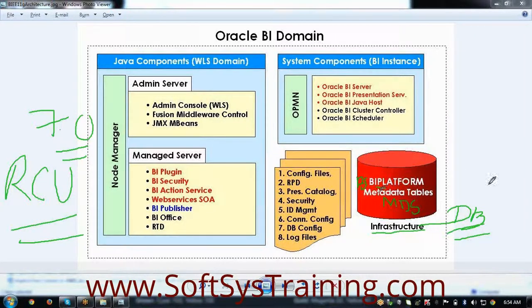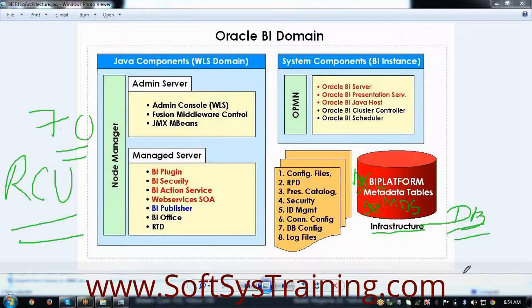Okay, so this is the BI platform schema and MDS. Depending on the environment, let's say we are creating it for the development environment, we name them dev_BI platform and dev_MDS. These two prerequisite schemas form the infrastructure for the OBI installation. And these two schemas are created directly in the database by running the RCU.